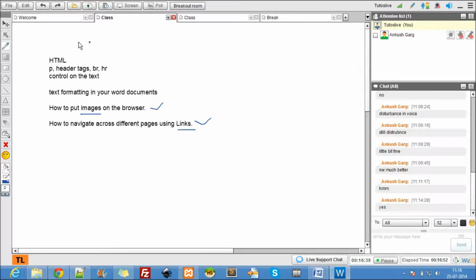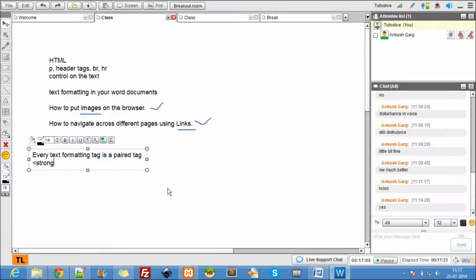Okay, so coming to the text formatting tags, what kind of text formatting tags do we have? Strong stands for bold. Okay, every text formatting tag is a paired tag. Just remember this. Formatting tags are paired tags. That means they have an opening and a closing tag. Alright, so that's a text formatting tag.